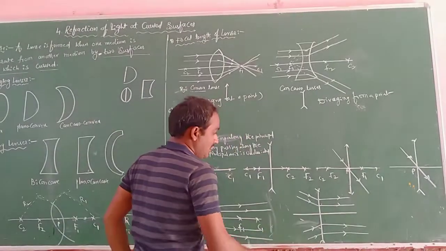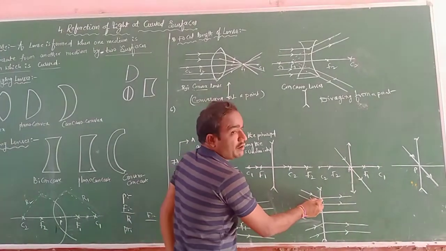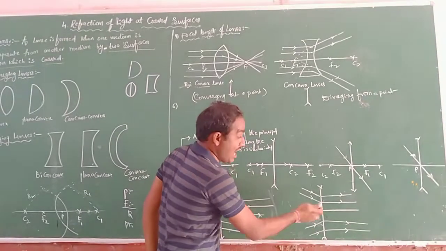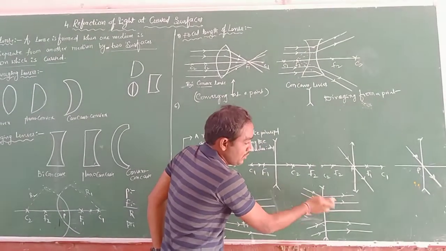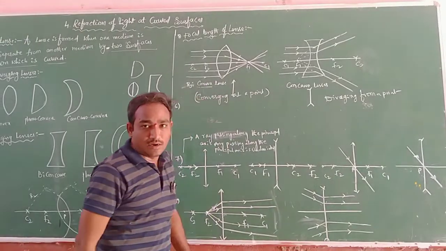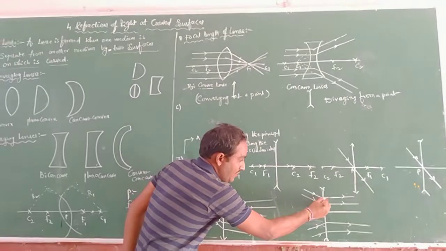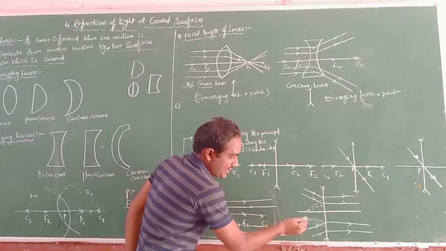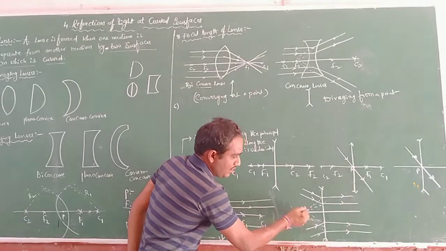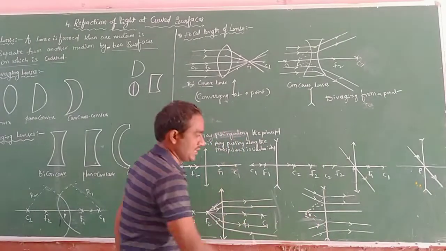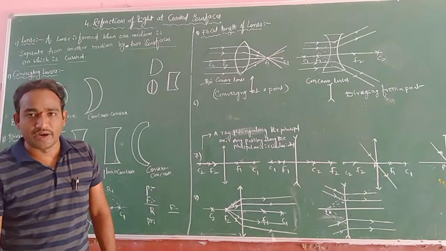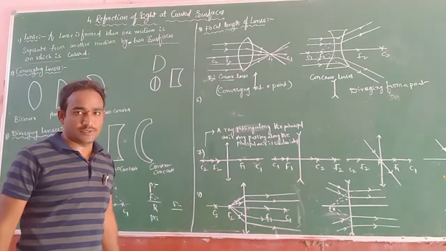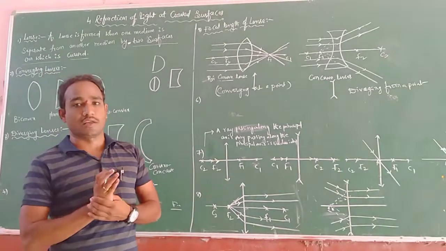And here is another incident ray. After that, what do we have? Refraction. After the refraction, the ray is parallel to the principal axis. When we extend this refracted ray backwards, it comes from the focus, the focal point. So that is based on the rules of ray diagrams for the biconvex lens and the biconcave lens.